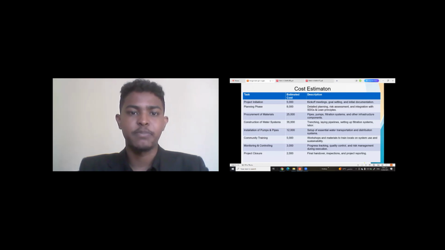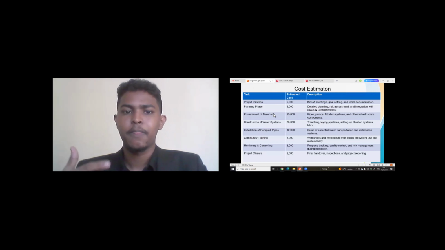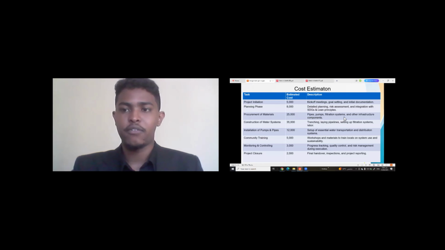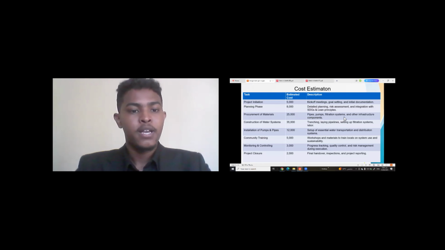The second most expensive estimated cost is the procurement of materials. This is where we purchase equipment and materials. This incurred 25,000, and involves the pipes, pumps, filtration systems, and other infrastructure components. This is where we purchase materials from suppliers or vendors.